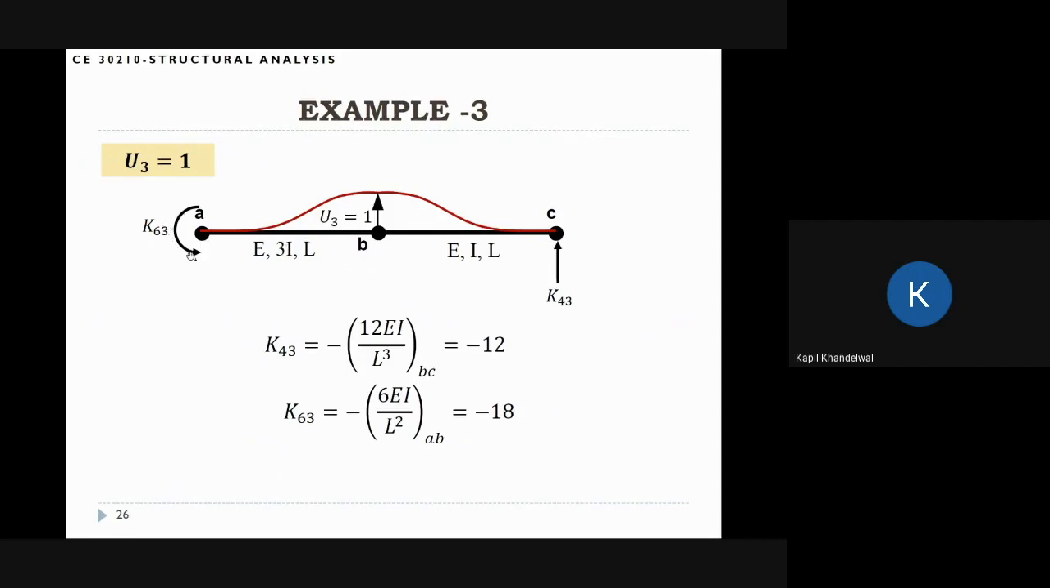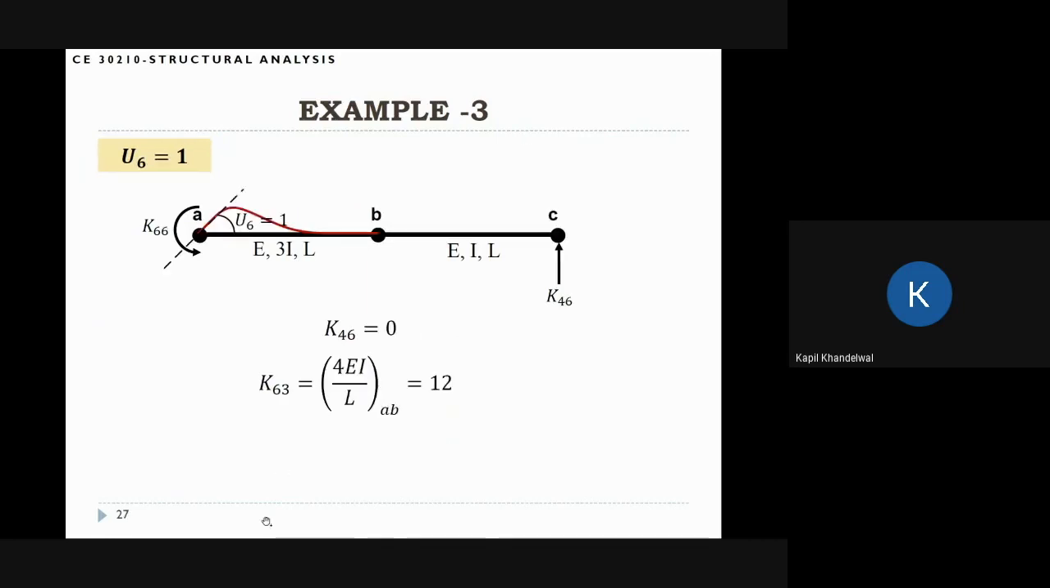And K63 is actually minus 6 EI by L square for member AB, okay? And because I is equal to 3I, this number becomes minus 18. So this is how we can calculate K43 and K63. There are other stiffness coefficients that are there, but I'm not calculating them because they're not needed in the solution that we are interested in. And lastly,